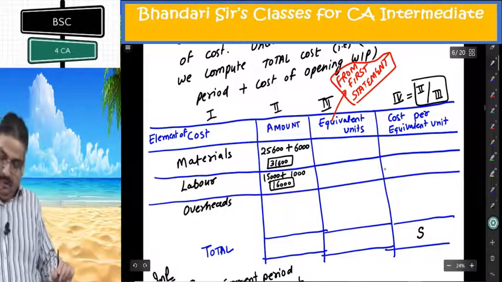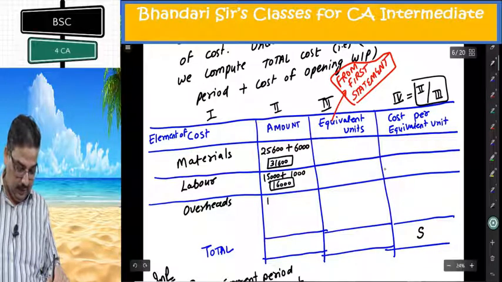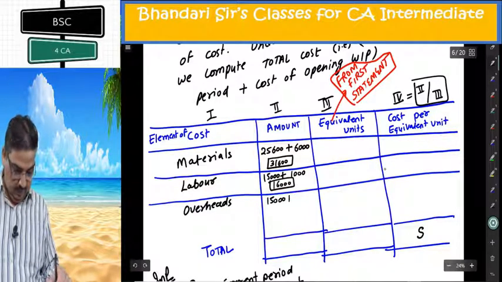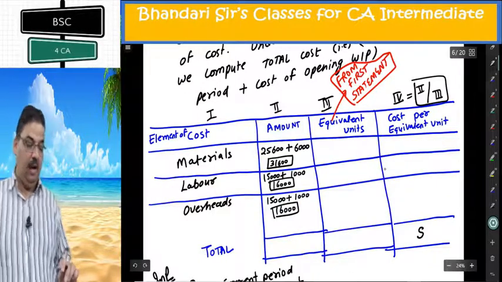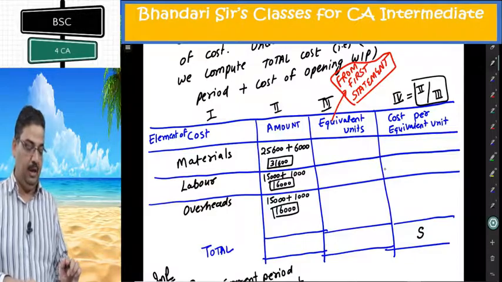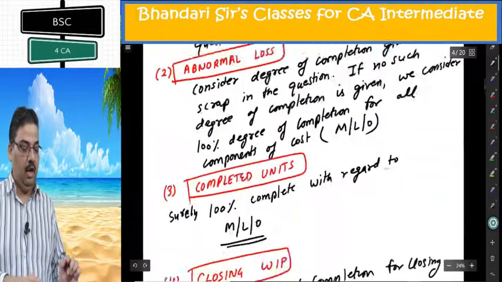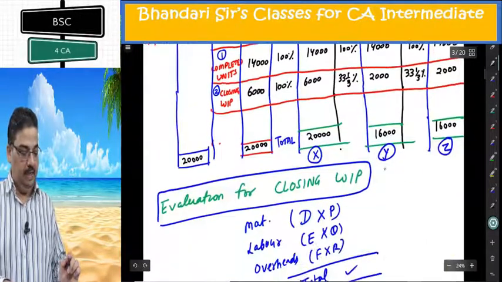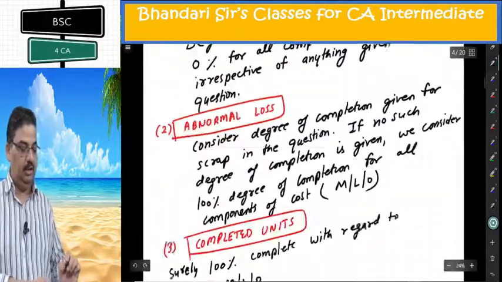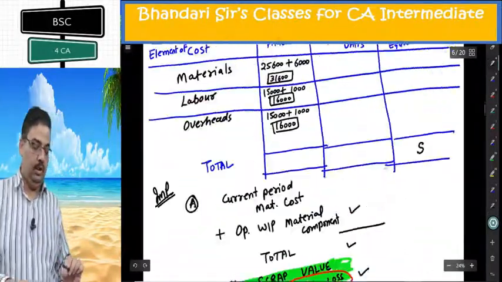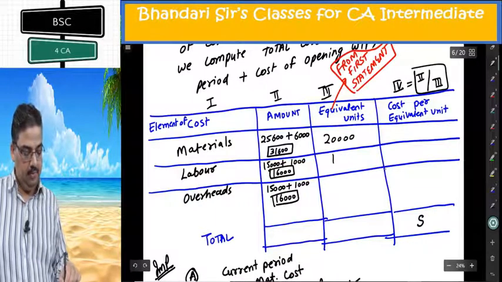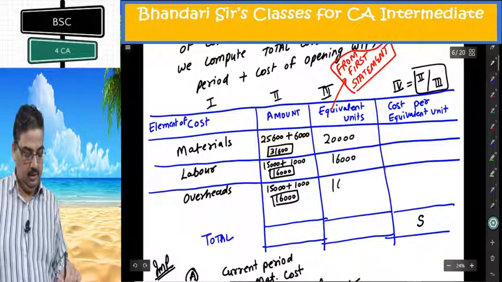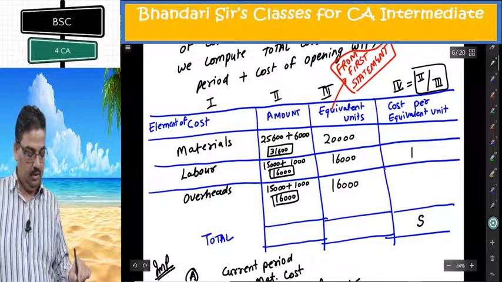Overheads current period 15,000 again plus 1,000. 16,000 again. Divide by equivalent units from first statement. In first statement, what I got? I got 20,000. 16,000, 16,000. So 20,000 equivalent units for material, 16,000, 16,000. This is 1 and 1,